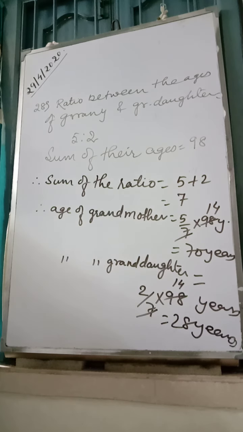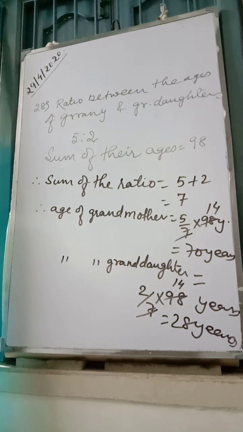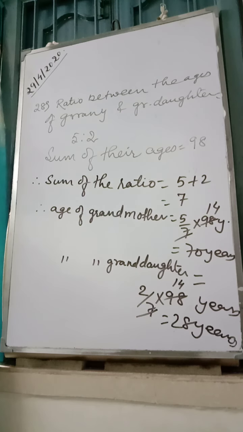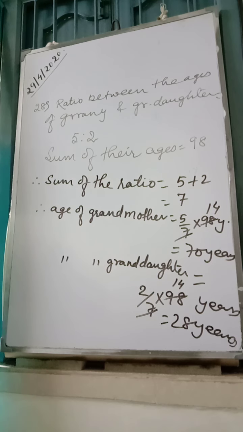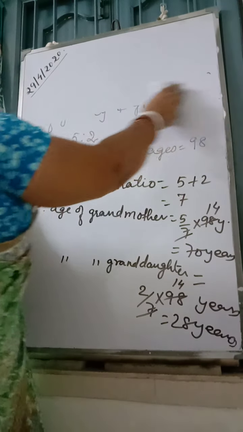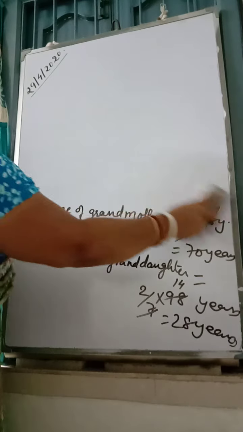Number 29. Ghanshyam mixes 3 liters of water to 18 liters of milk, and Radheshyam mixes 5 liters to 22 liters of milk. Which of the two is less adulterate? Adulterate means the extra things we mix with the substances, that is called adulterates. Now we have to compare it. What is the ratio for Ghanshyam? 3:18.